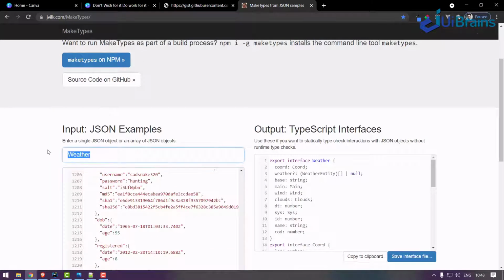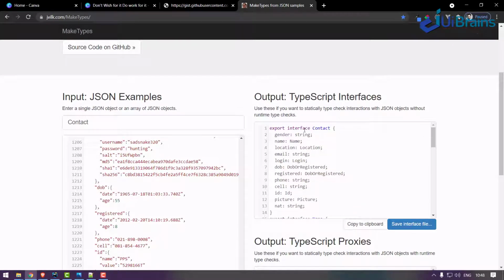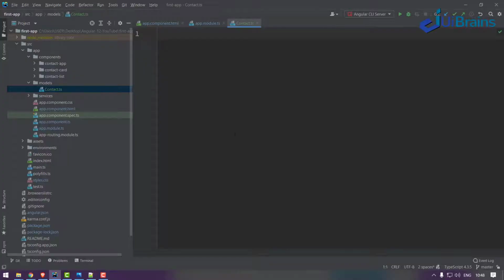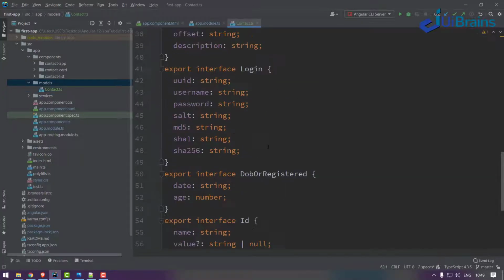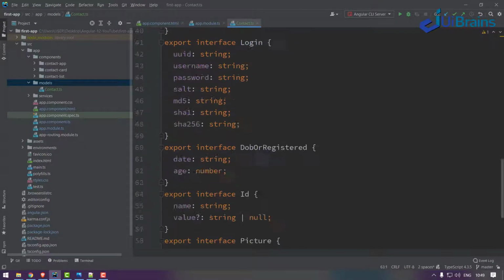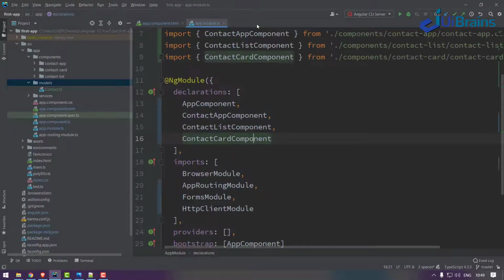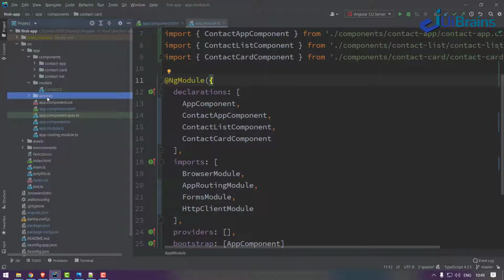I'll change the name to Contact and then generate. I got the Contact interface, so I copy that and paste it in the contact model. See, you got the data type. It's a huge data which contains a lot of nested objects and it looks like this. Okay, done. Model ready, components ready, services ready.